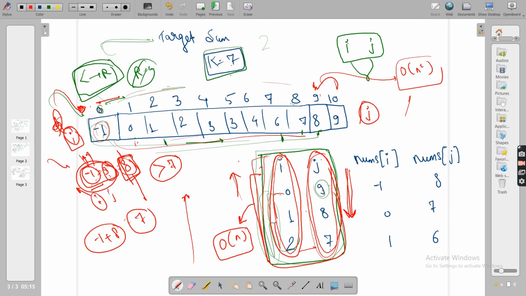It started from 0, 1, 2, and j started from 9, 8, 7. It cannot go in reverse, because index number 9 you already got. So if you get this idea that i and j are marching towards each other,